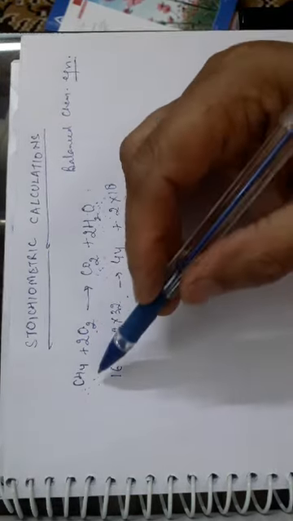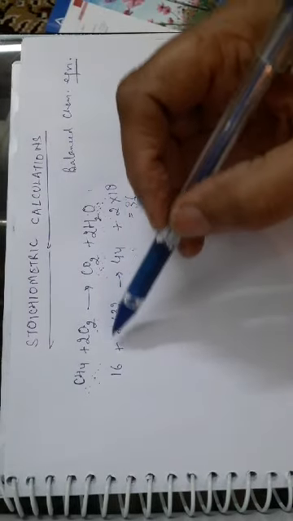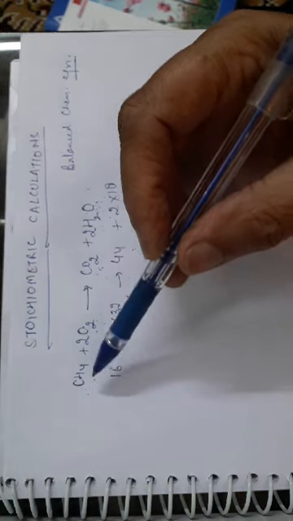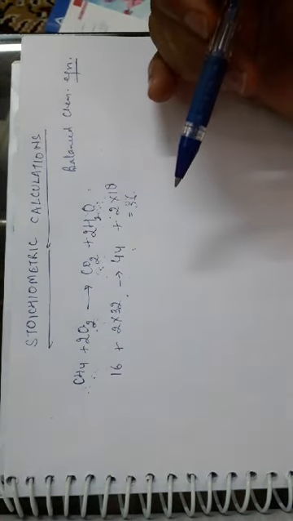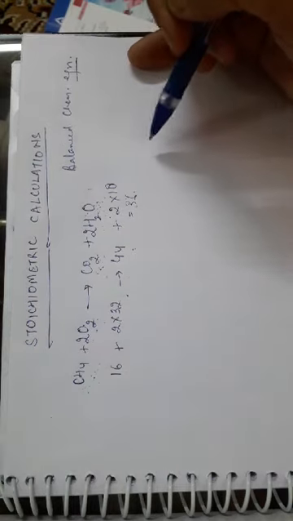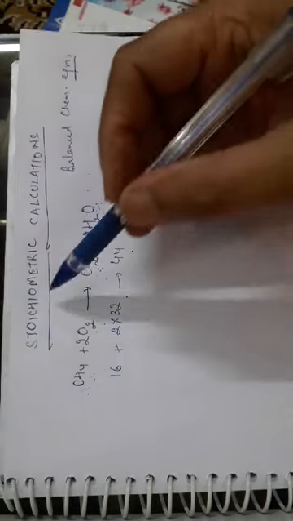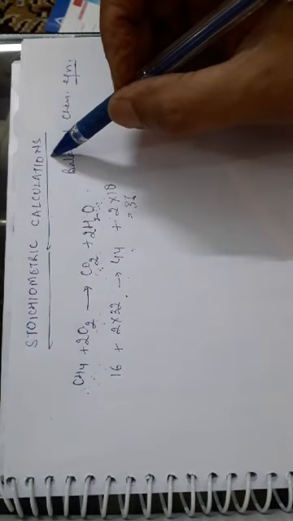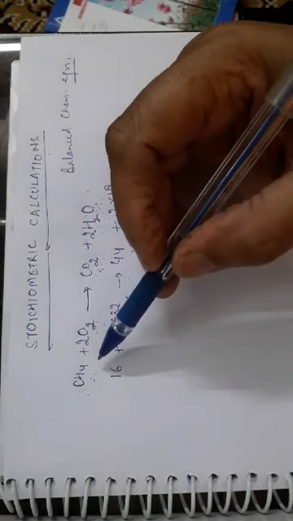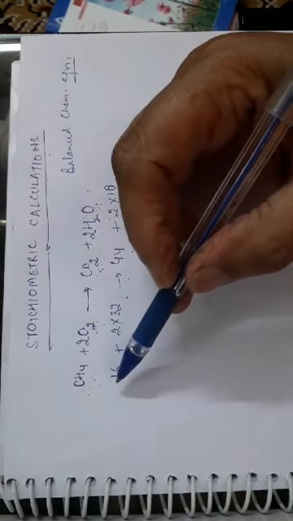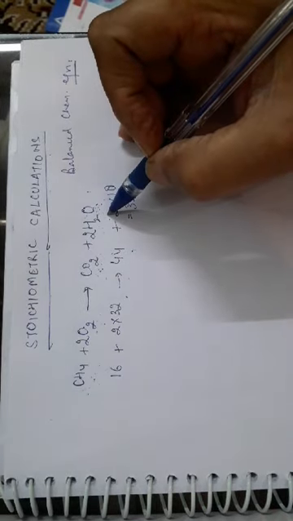So it is giving us the number of moles also. When we say the number of moles are given, it means we come to know the number of molecules of the reactants as well as of the products. So these are the informations conveyed by a balanced chemical equation. Now, what about stoichiometric calculations? Again, we come back to the point. These are the calculations related to the mass or the amount of the reactants and products of a chemical reaction.